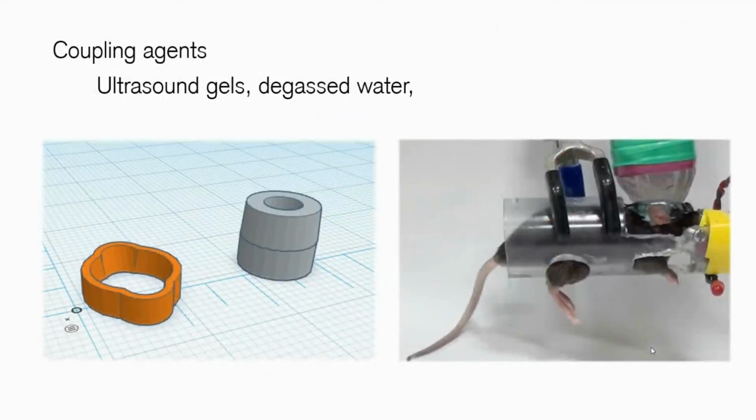And then for coupling to the animal's brain, if you're new to the field, this is a little bit daunting, and I would advise you to not be scared about it. There are a ton of ways to couple to the skull. The way that I do it is I 3D print these little brackets and fill them with gel or Vaseline or whatever. You can't use water in most cases because it'll bleed out, but you can just throw gel in there and then stick your transducer in.